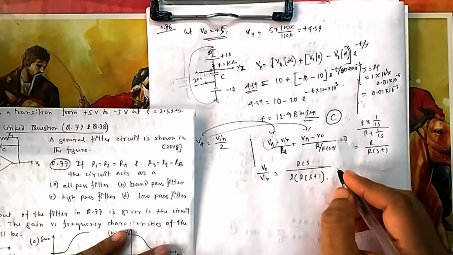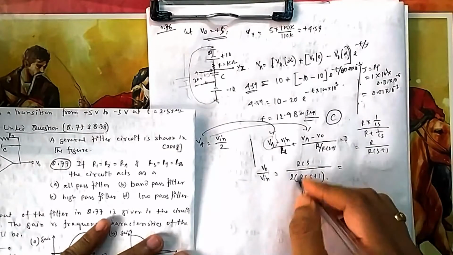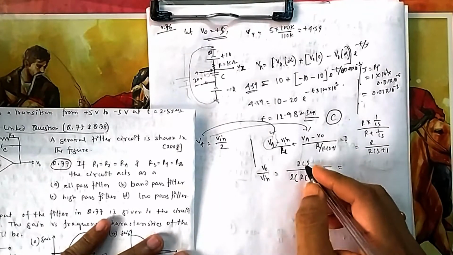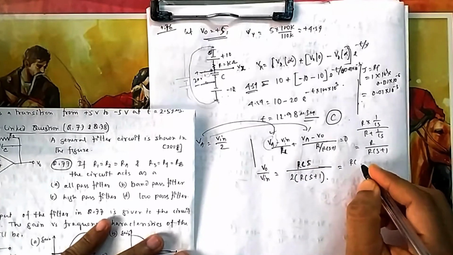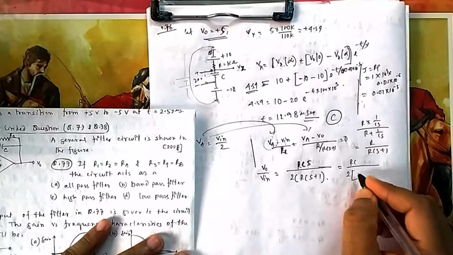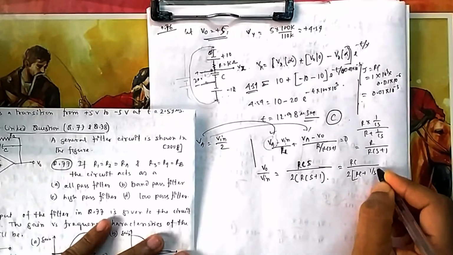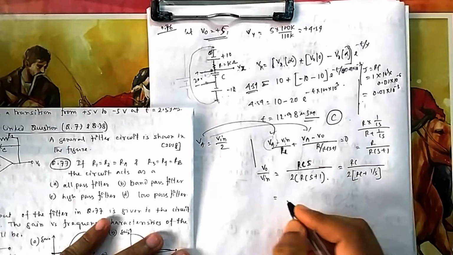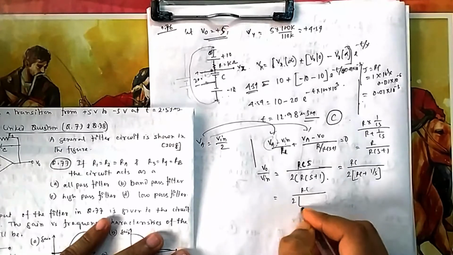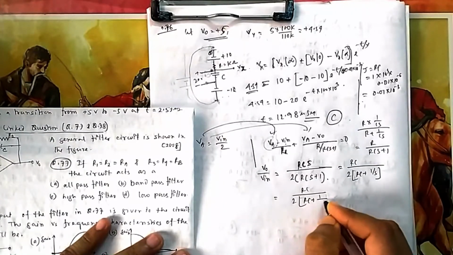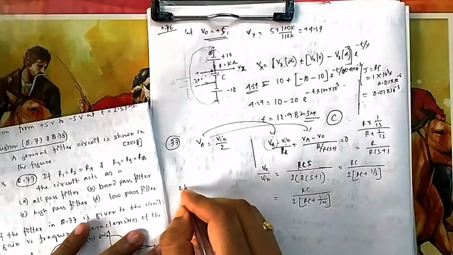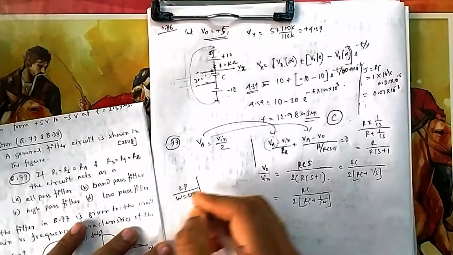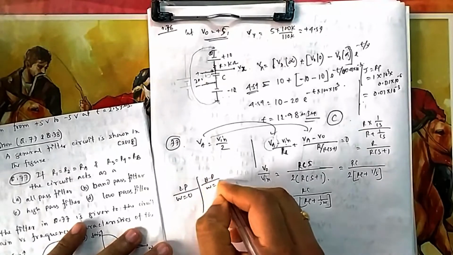Okay, if you solve it, then what you do, you divide by S. You don't need to keep S here, because you will take the limits as S tends to infinity. So you remove this S, you divide by S, so it will be RC plus 1 by S. Now in place of S you put j omega, so it will be 2 RC, because you will think in terms of j omega, something of this fashion. Now you think for low pass, you put omega equal to 0. For high pass you put omega equal to infinity.